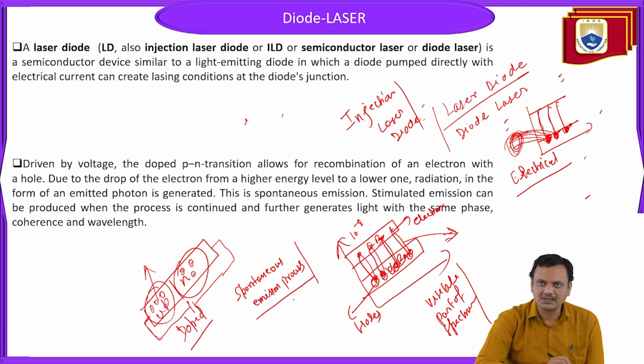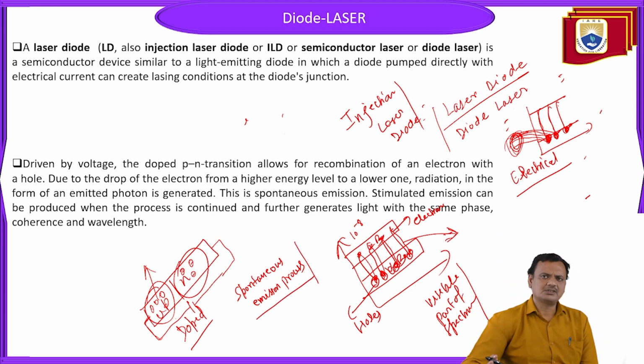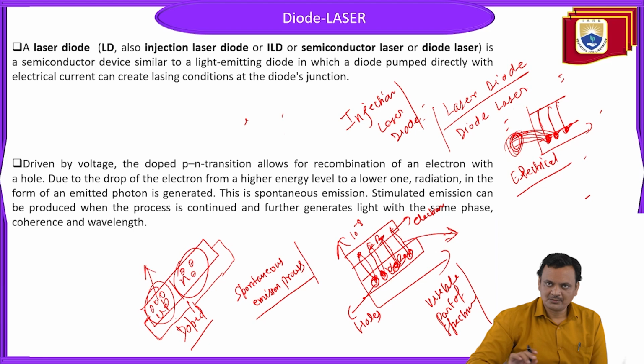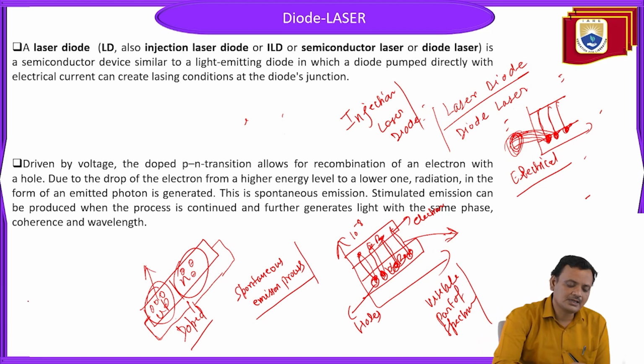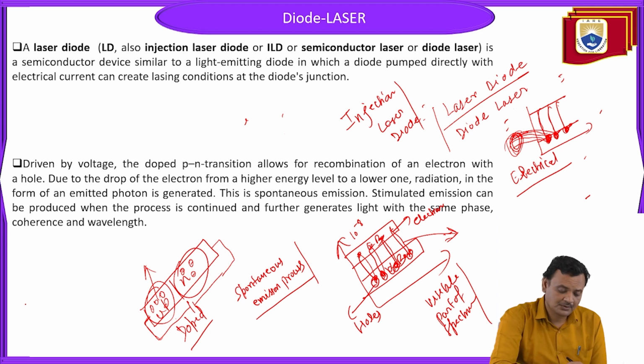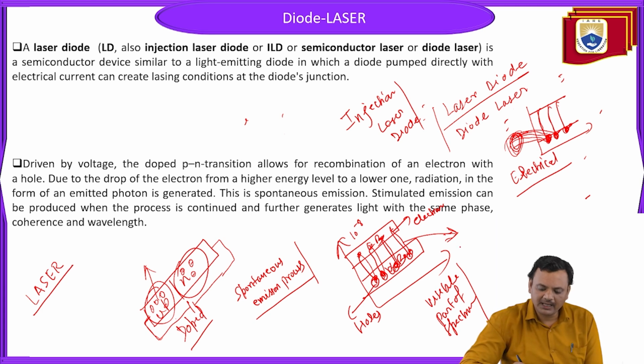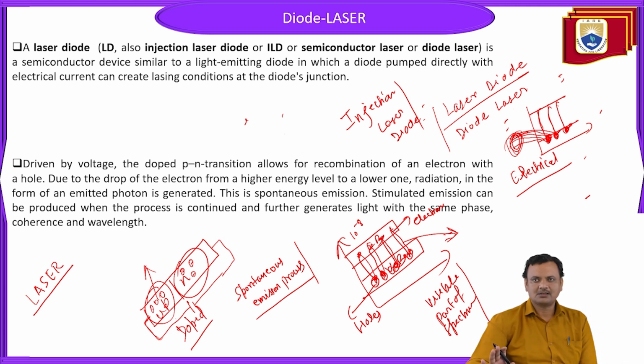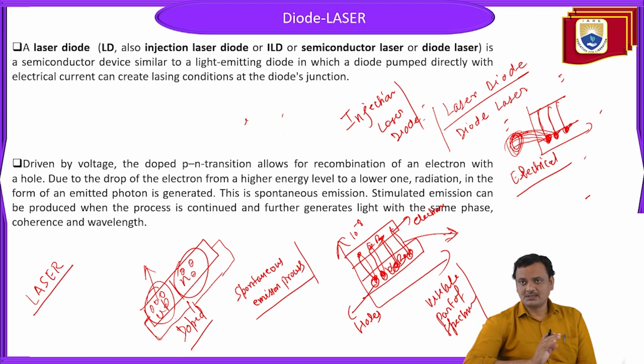What is spontaneous emission? What is stimulated emission? What is absorption? I already discussed in my previous video lecture. You can see that. Why am I mentioning this? Because we are dealing with diode laser or laser diode. So for lasing action, or for getting the laser, this spontaneous emission photon is not able to produce any kind of laser light because they are spontaneously emitted, meaning they have no tendency to follow the laser characteristics. For getting the laser light, only the photon generated by stimulated emission follows the characteristics of